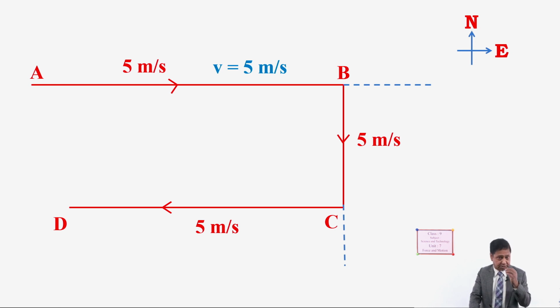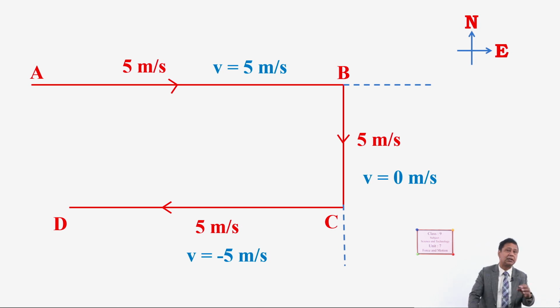When it turns towards the south direction, then its velocity becomes 0. Now it is not moving towards east, neither is it coming back towards west, it is moving towards south. At this time distance is not covered towards east direction, that's why its velocity is 0. But when it moves from C to D, then its velocity is different. Now instead of moving towards east, it is moving just opposite, west. It means its velocity is now minus 5 meter per second, because it covers 5 meter distance towards west in